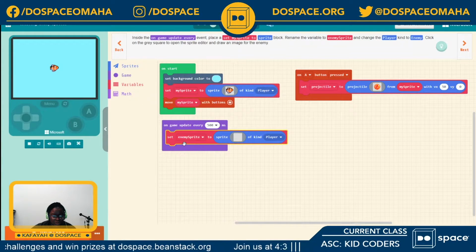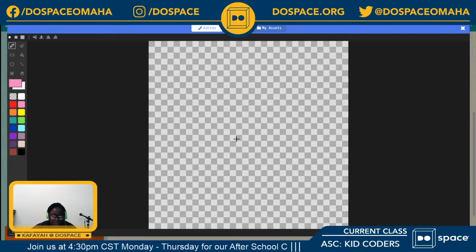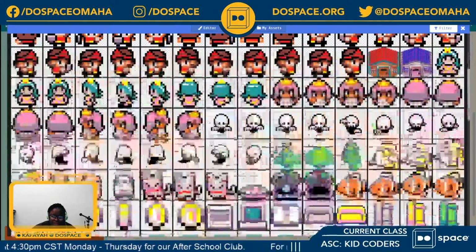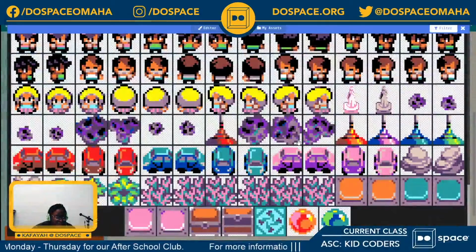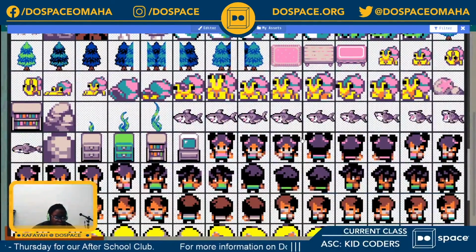Okay, looks like we're good. Enemy sprite. Okay. And now we get to change the player to the kind of enemy that we want, and we're going to select an enemy from the gallery. So let's see. Should we choose the shark?